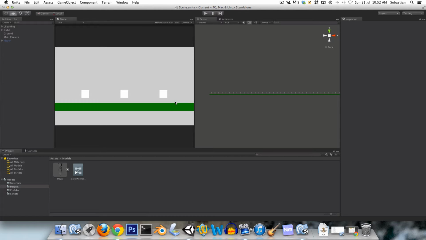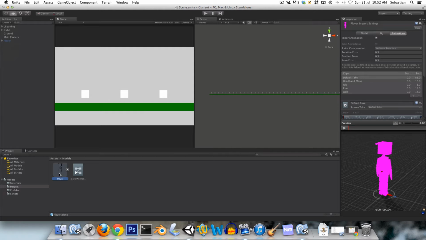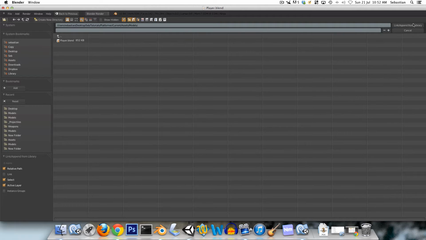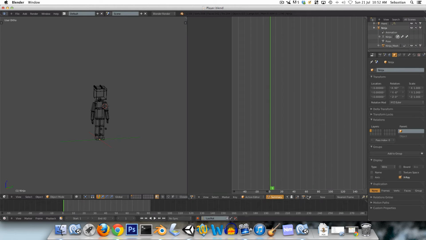all the new animations from a link in the description, and then to import them into your current file, open the file that you have in your Unity project, and just press Shift and F1 to go to the link and append menu, and then just navigate to where the new file is on your hard drive, and go into Action and import all the new animations, which are the jump idle, jump run, land idle, land run, the slide, and get up. Okay, so then you can just hit link and append, and you can see all of these